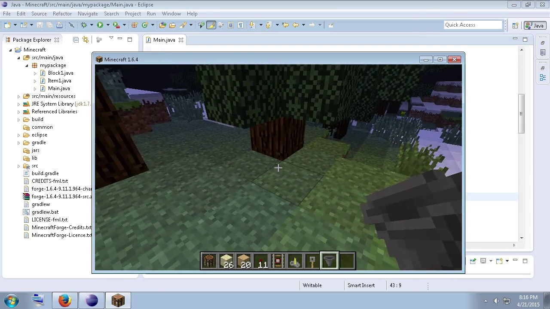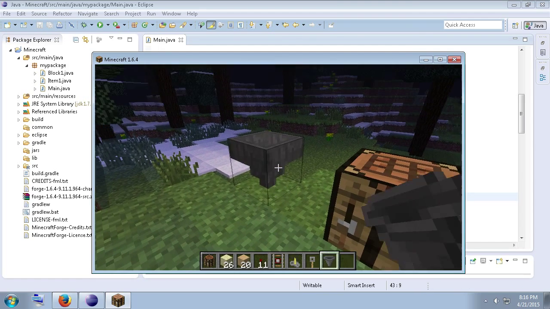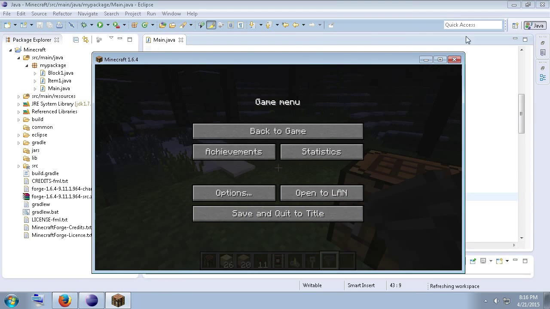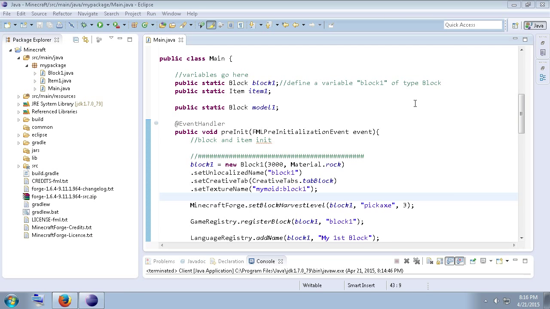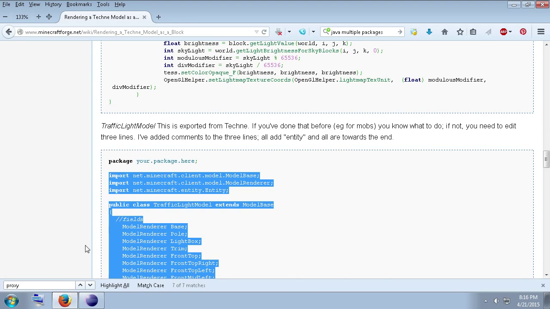And we're going to do a little bit of modeling, a little bit of everything. We're going to be using a program called Techne to do this. Don't be afraid. This is actually going to be a really easy tutorial. It might take a little bit, but it's pretty much all copy and paste because this is a tutorial from